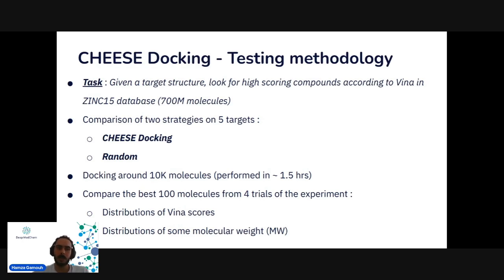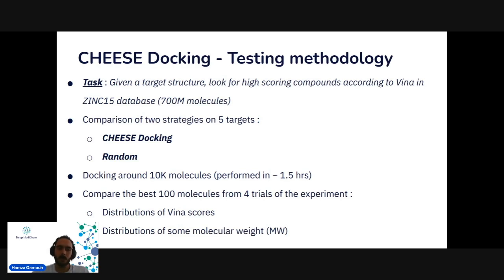One strategy is the cheese tool that I explained previously, and the other is a random strategy, which is actually docking the same number of compounds, but by randomly sampling from the Zinc database. The goal here is to evaluate how much better cheese is than just random exploration, and we define the limit to be around 10K molecules that need to be docked, which takes around one and a half hours